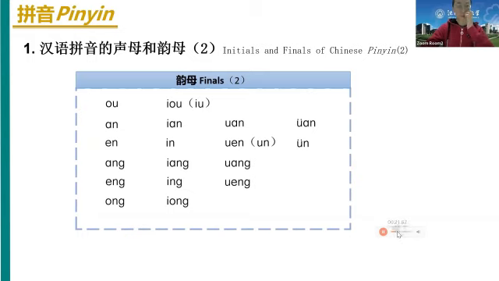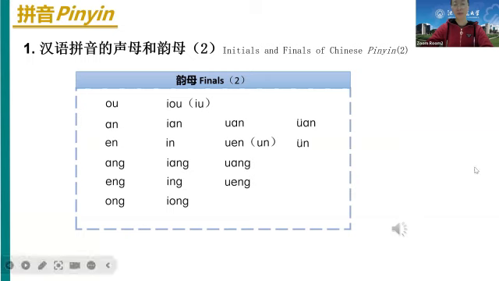丝 韵母二 Finals 2. 欧 O 优 U 安 An 烟 Yan 弯 Wan 渊 Yuan 恩 N 阴 Yin 温 Wen 晕 Yun 昂 Ang 央 Yang 汪 Wang 嗯 Ong 英 Yang 翁 Wang 翁 Ong